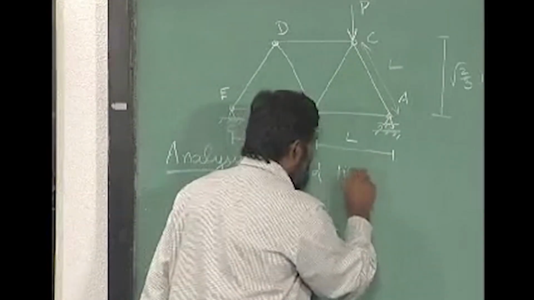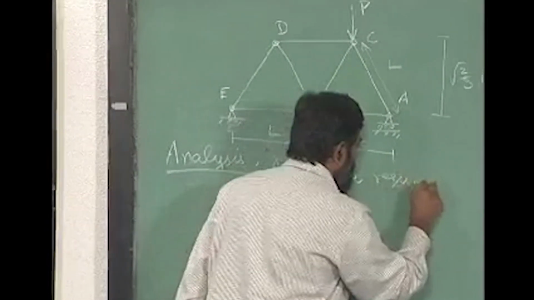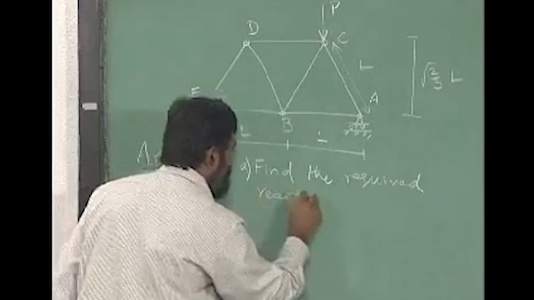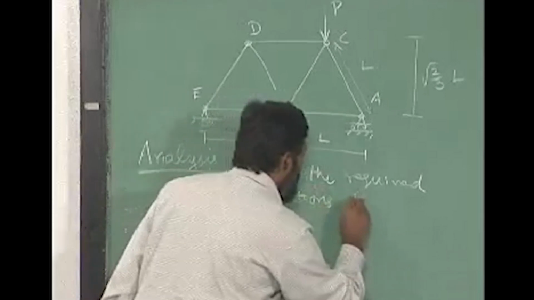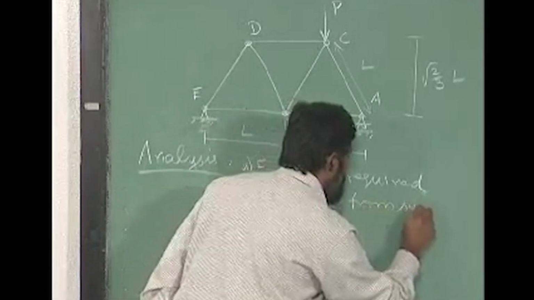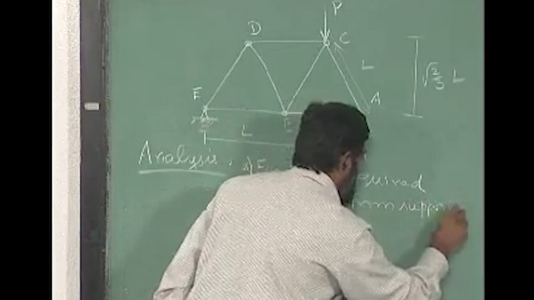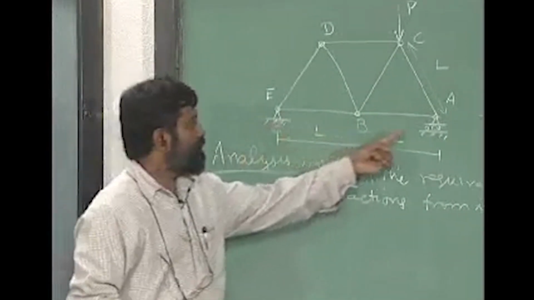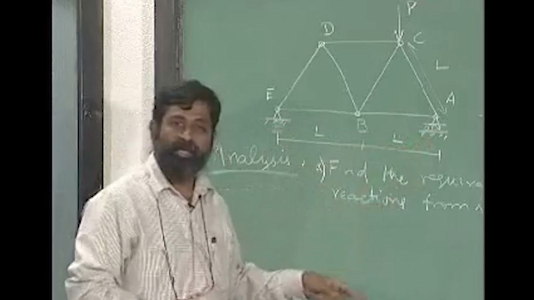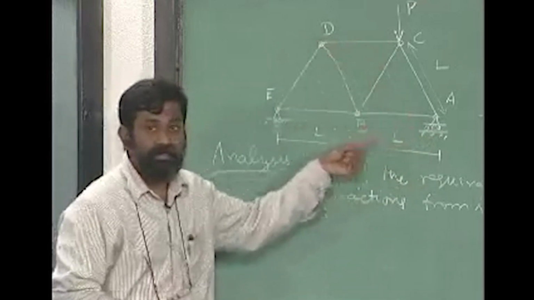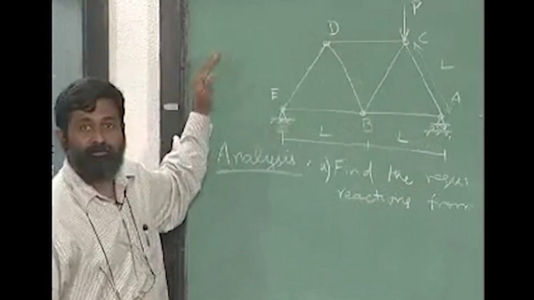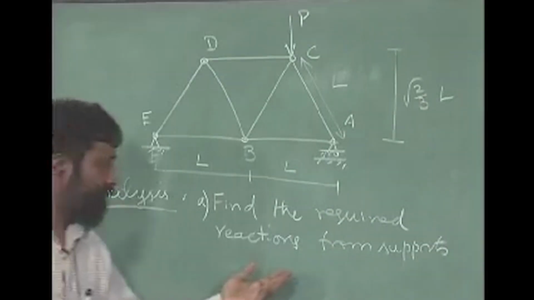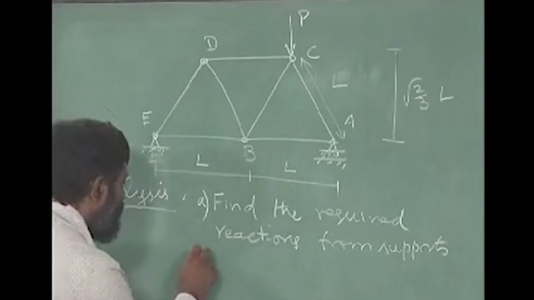The required reactions from the supports. Where are the supports here? This is one support, this is another support. Support meaning supports this structure to a particular fixed frame, okay. Find the required reactions from supports,